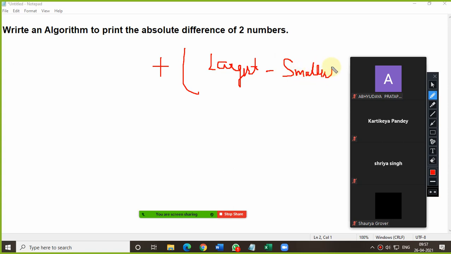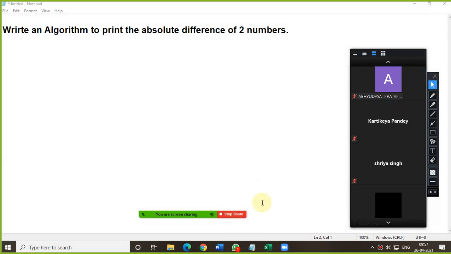And now one more thing in this question. Just assume that both the numbers have different values. They are not having the same value. Got it? Please try this question fast. Can you again explain what absolute difference is? Absolute means you need to subtract the smaller number from the largest one. So first of all, we are supposed to find the largest and then the smallest. Okay? Got it? Do it fast.